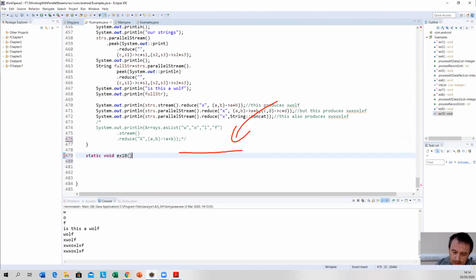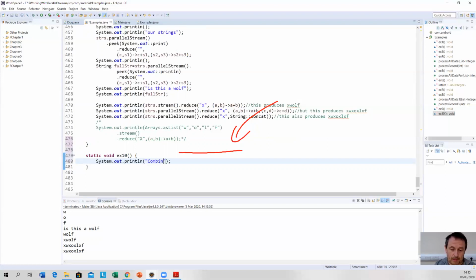Now, what they advise when you're doing a collection, okay? So just like with the reduce, the one they advise you to use is the one with 3 arguments, okay? So let's put it in here. So this is combining